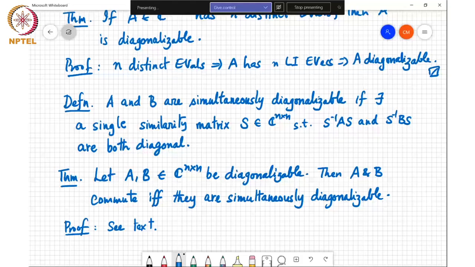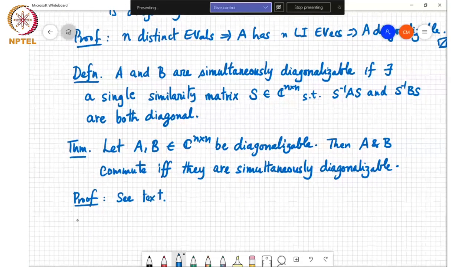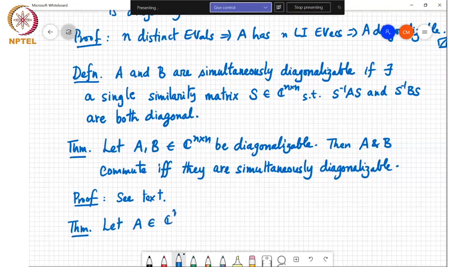There's one other important result which we will use quite a lot in this course, and it's also a very useful result. So let A be in C to the m by n, now no longer square matrices,